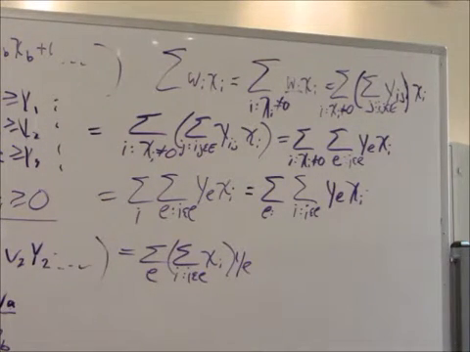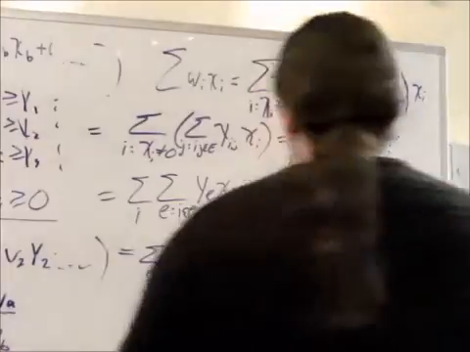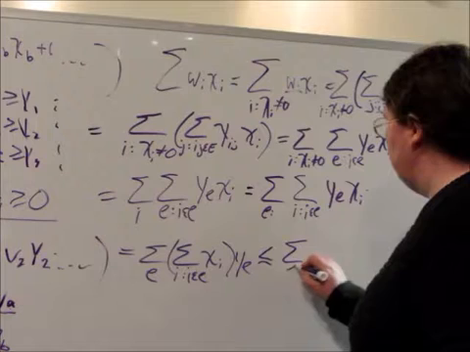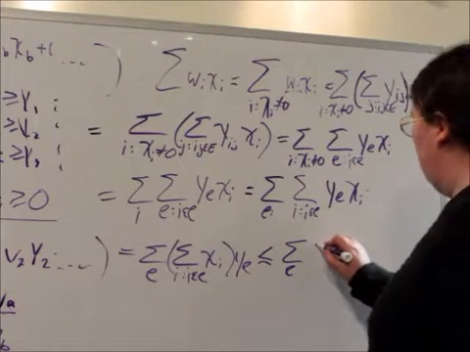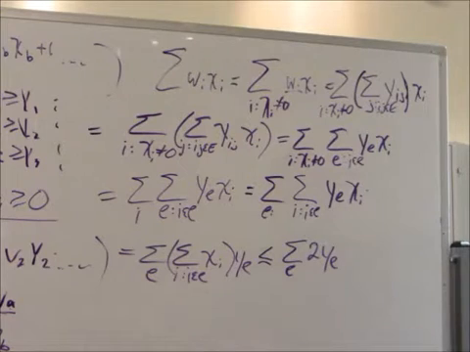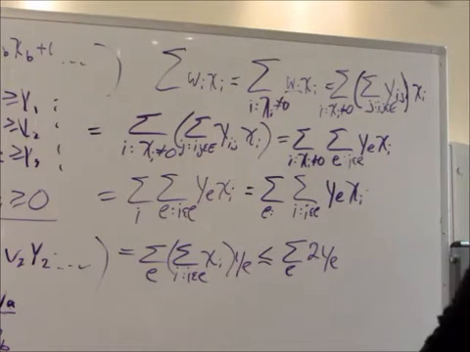I'm going to do a thing that might seem a little counterintuitive. I'm going to say that this is less than or equal to the sum for all the edges of 2. All right, why am I allowed to do that? Why am I allowed to suddenly replace these sum of xi's with 2? Well,